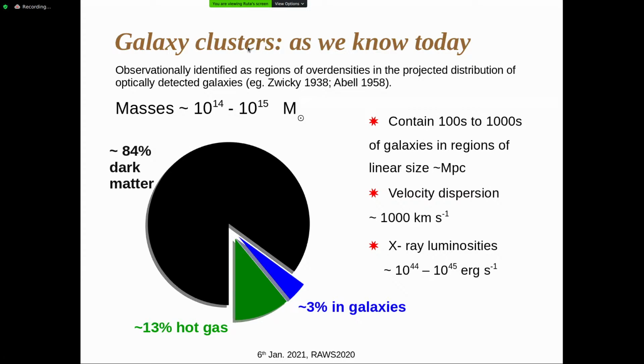And among the baryonic matter, most of it is actually hot gas or plasma, and only a few percent is in galaxies. So this is a rough distribution of the mass in a galaxy cluster among its components. Most of it is dark matter, and that is where most of the gravity comes from; basically the gravitational potential is due mostly to the dark matter. And these galaxies moving at such high speeds can be contained in these volumes because of this very strong gravity.